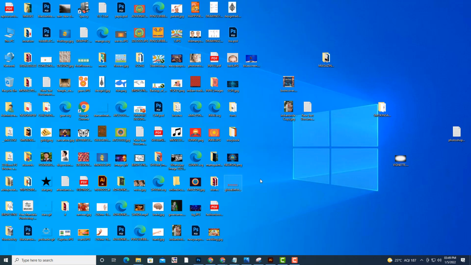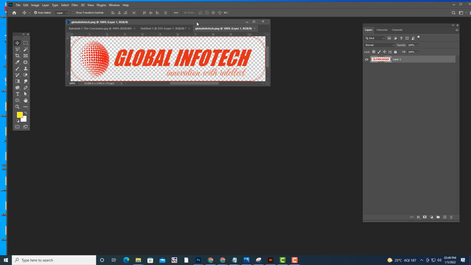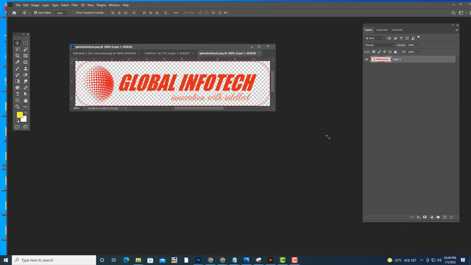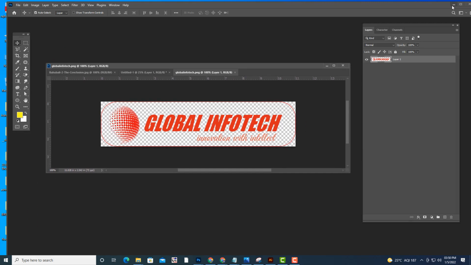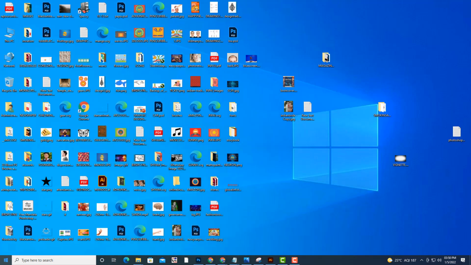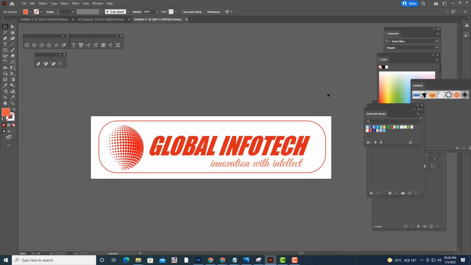So we got this globe using the revolve option. So we have used revolve and created two different logos.